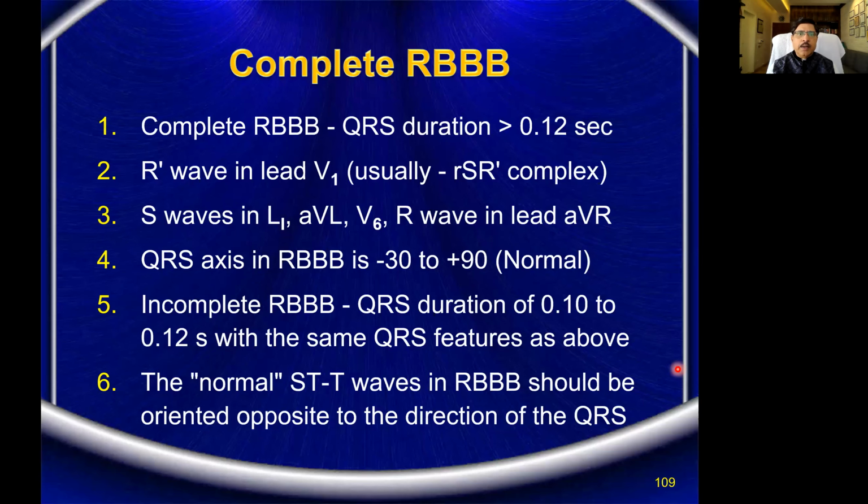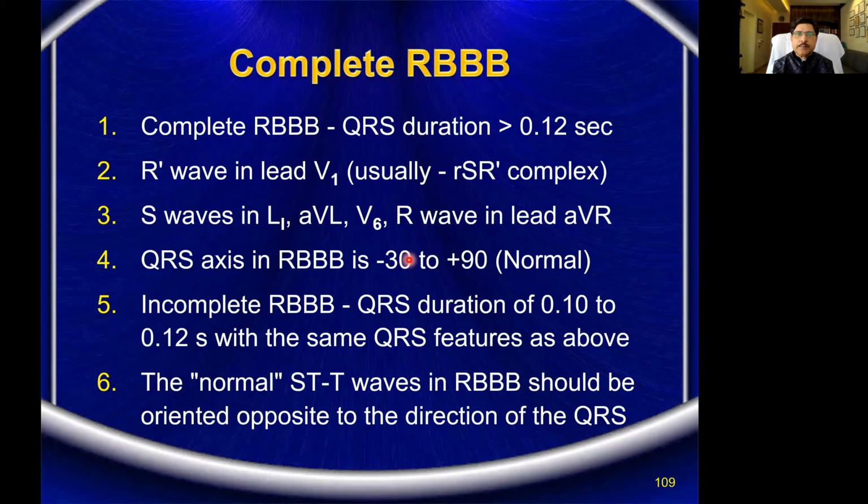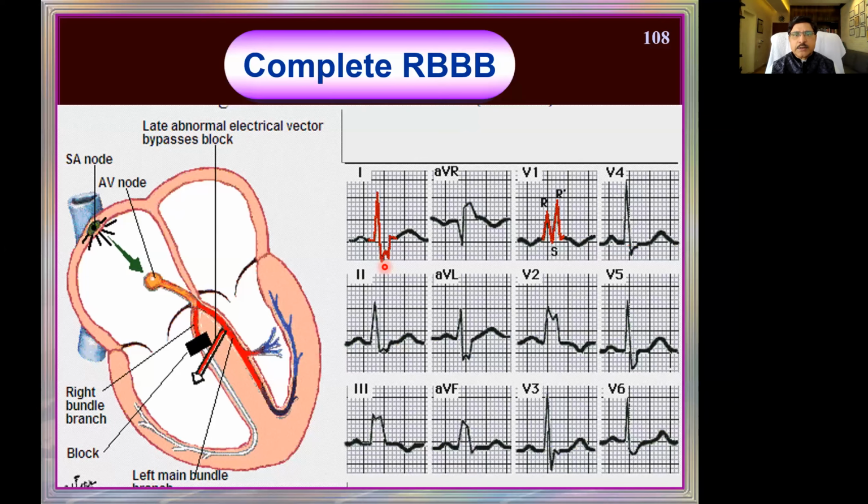Okay, this is important. And then the QRS axis in right bundle branch block is invariably normal or right axis. See here, this is down and this is up, right means meet. QRS axis is minus 30 to plus 90. Usually it is normal. What is the axis here? Okay, the main deflection in L1 is up. This is also up. This is also up. All four being up is a normal axis. So the axis won't change. Right bundle branch block will not produce a change in the axis.